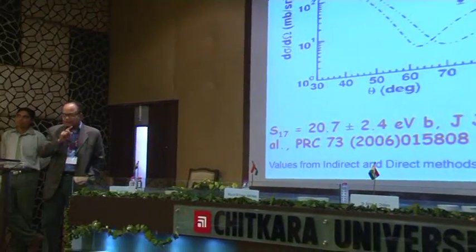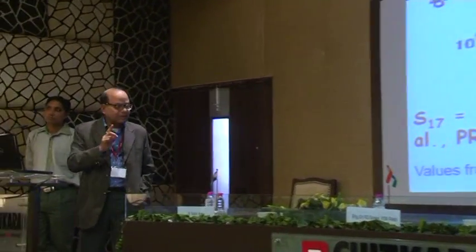So this was the first time that an indirect measurement, which we performed, predicted an astrophysical S factor in the range given here, very close to those predicted by the direct capture processes. Unfortunately, this beam was not continued. This program